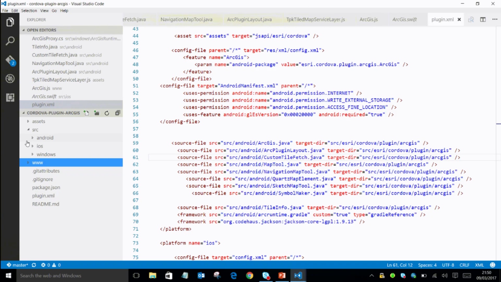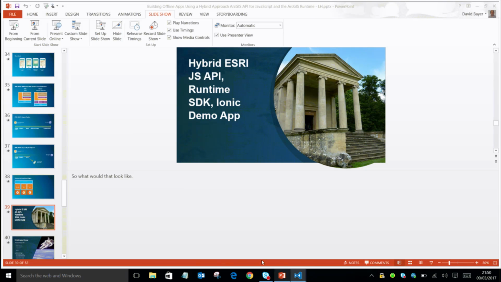So it can drag down the runtimes from their respective package managers. I'm not going to go into much more detail about that because there's a lot of code there, but it's just showing you that as a pattern. If I go back to the slide deck,